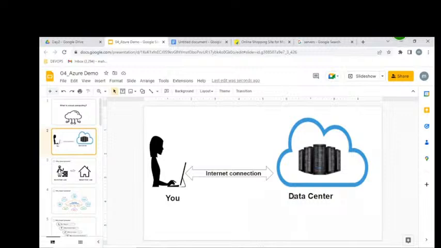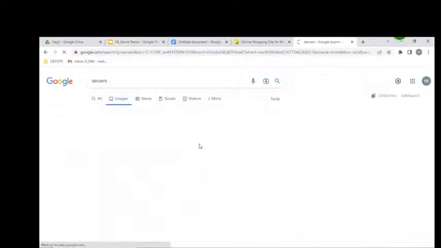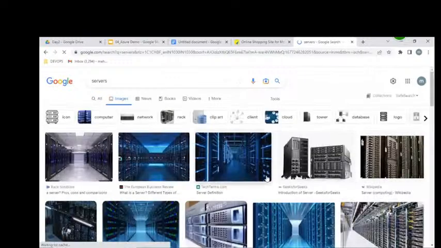For example, take a data center. This data center physically exists somewhere else in a remote place, like in the US, Singapore, or Mumbai. Huge computing power kept rack-wise in a big room, we call a data center.